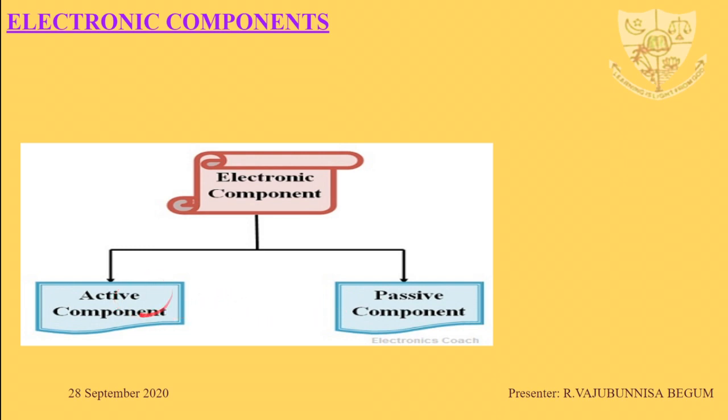An active component supplies energy to an electric circuit and hence has the ability to electrically control the flow of charge, whereas a passive component can only receive energy, which it can either dissipate or absorb. The interconnection of various active and passive components in a prescribed manner to form a closed path is referred to as an electronic circuit or electric circuit.